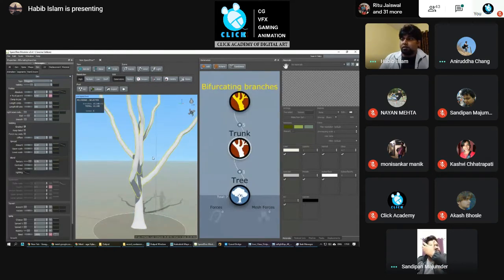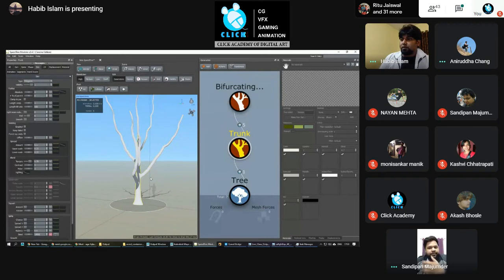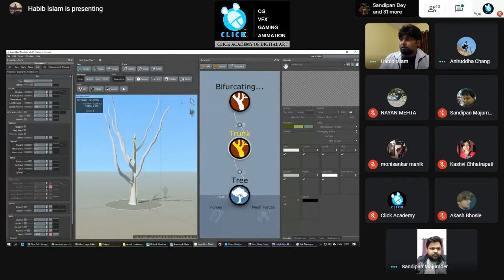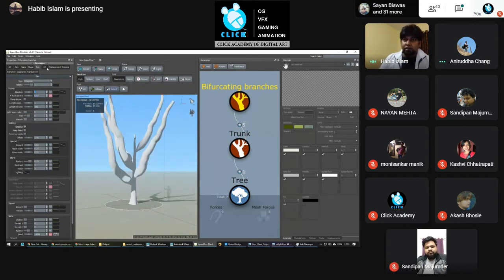If you select any node, you'll get all the settings here on the left side. So this is the radius. Suppose you can choose the radius however you want.